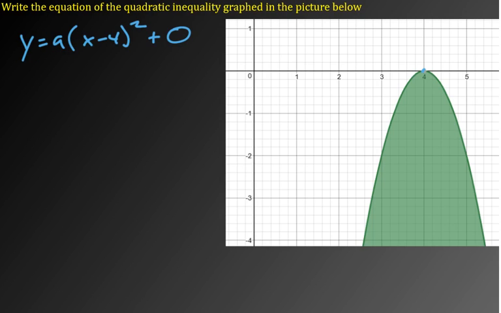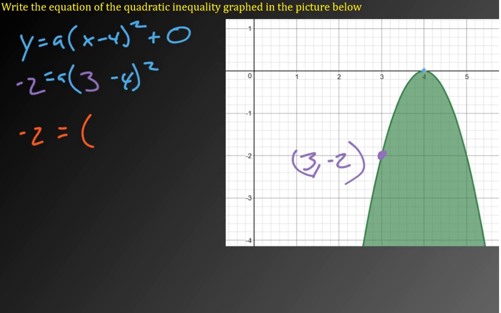So this is where you have to use another point. You could use this one, right? You could use 3 comma negative 2. And if you just plug in the negative 2 for y and the 3 for x, you should have an equation that you can solve for a, right? So if I do this thing out, negative 2 equals a, in there you got a negative 1, but then you square it, you really just get a 1, right? So it's saying a is negative 2. So then my final answer,